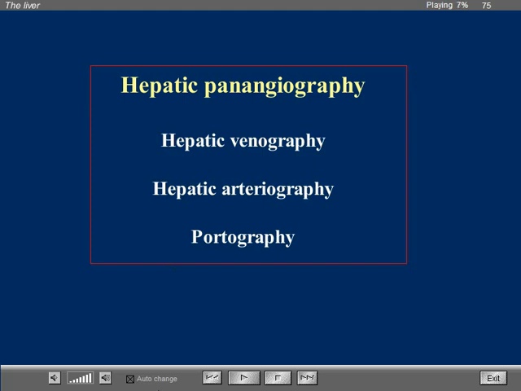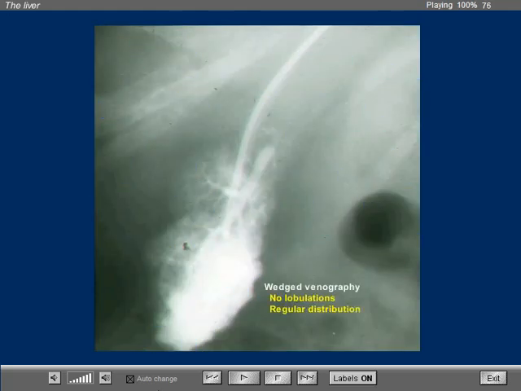The invasive study of the liver vasculature consists of injecting the hepatic veins, the hepatic arteries, and the portal system that can be opacified directly or indirectly. And we have called these three techniques hepatic panangiography. The hepatic veins can be studied by advancing the catheter into the liver through the inferior vena cava that is